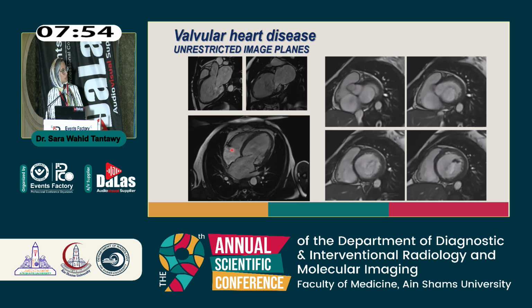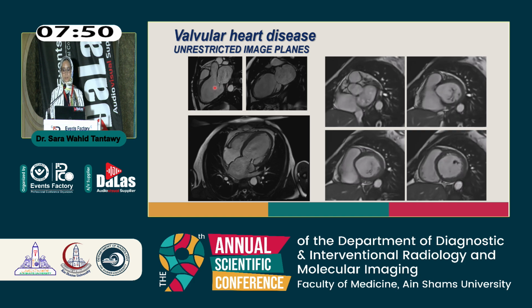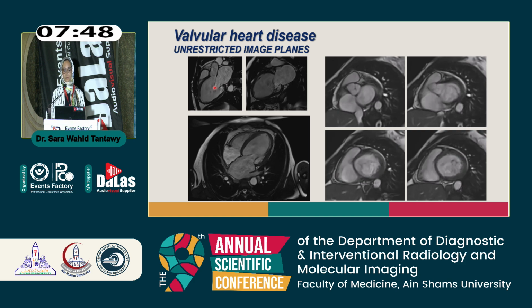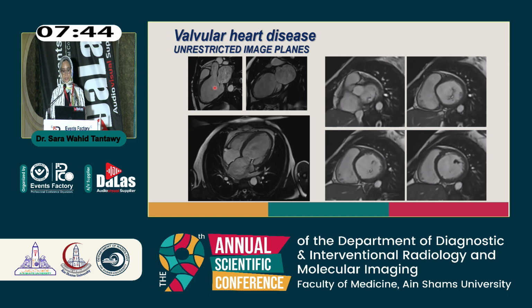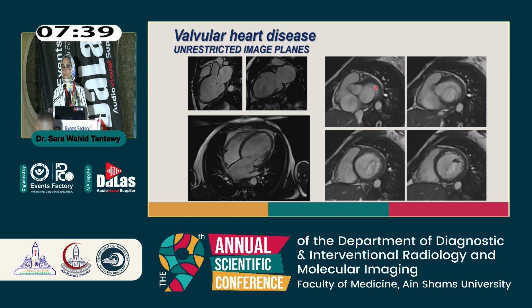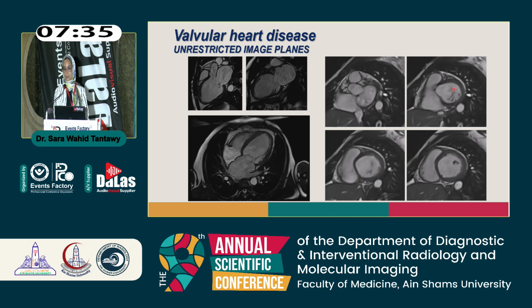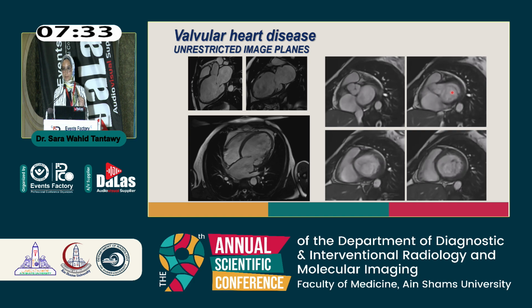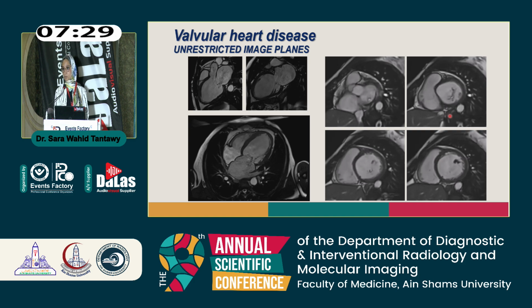So this is the 4-chamber view here, and then this is the 2-chamber view, and then this is the 3-chamber view. And you can do each one of those in different slices or many slices as much as you need in order to cover all aspects of the mitral valve. And you can also do short axis images parallel to the mitral valve in order to see the coaptation of the mitral valve edges. And you can actually acknowledge that there is a defect here which is causing the leakage